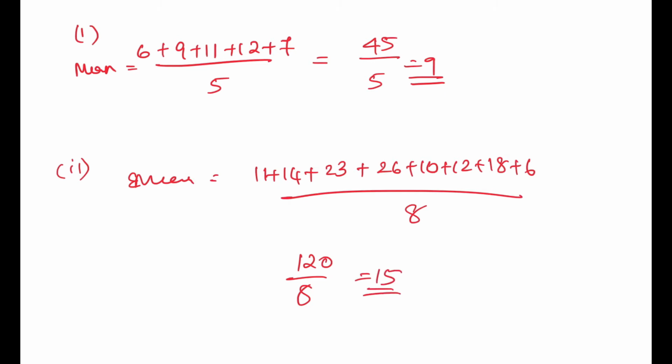Similarly, in the next question, the marks obtained in mathematics by students are given below: 60, 67, 52, and so on. You need to find the arithmetic mean. Please do it yourself. If the marks of each student are increased by 4, what will be the new value of the arithmetic mean? It is clearly given: if each given number is increased or decreased by the same quantity, say p, then the arithmetic mean also will be increased or decreased by the same quantity.